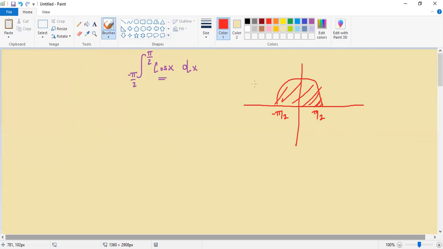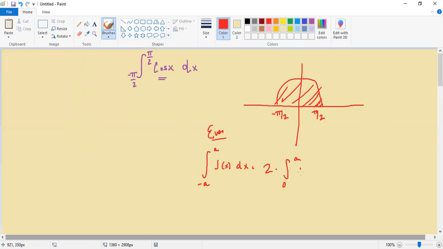Now, we understand that cosine is an even function, and so if we recognize what we just learned about even functions, the integral from negative a to a of an even function f of x would essentially be equal to 2 multiplied by the integral from 0 to a